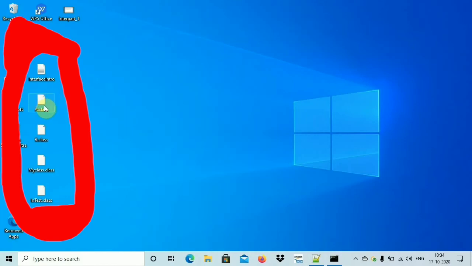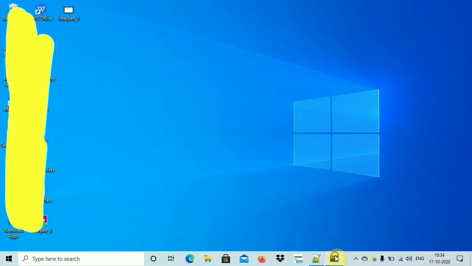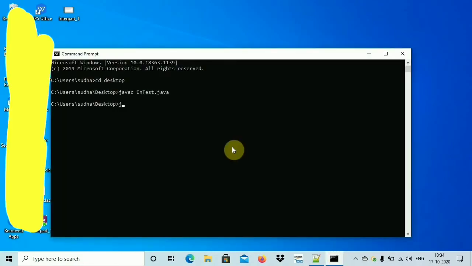You can very clearly see them over here. For both the interfaces, you can see A.class and B.class. Fine. So I'll execute the program. So .class files will be created for the interfaces.